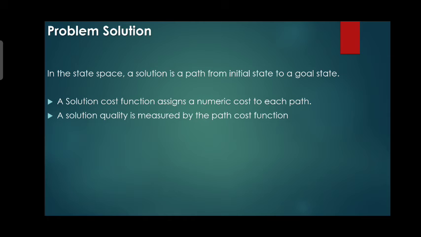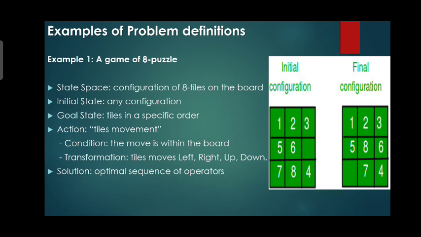So this was all about the problem. Now we are going to see an example by which we can understand it even better. This is a problem of 8 puzzle. It is basically a game, and in the diagram you can see that there are two configurations. The initial configuration has 9 tiles, and one tile is empty, and there are 8 tiles filled with numbers, that is 1 to 8. And we have to move the number tiles in place of this empty tile.